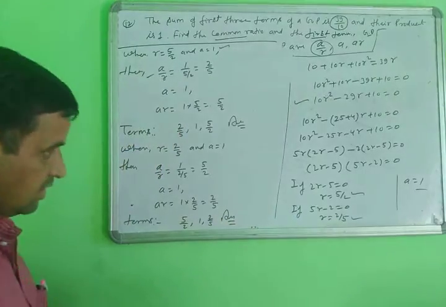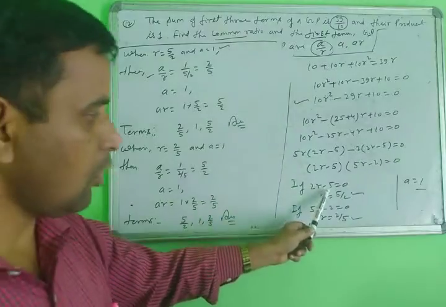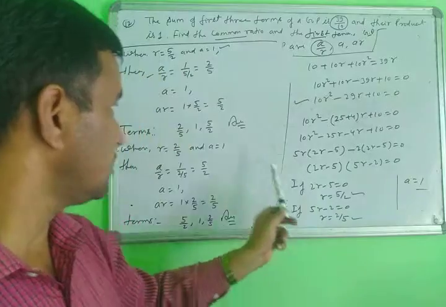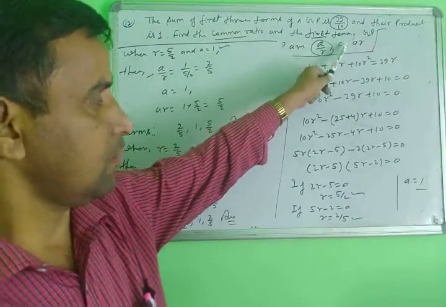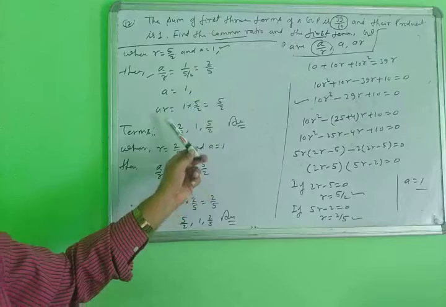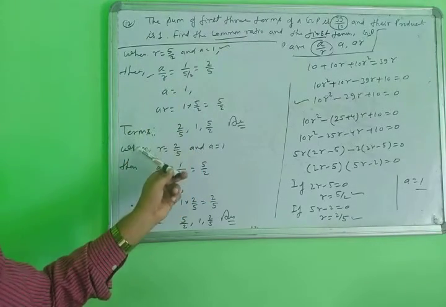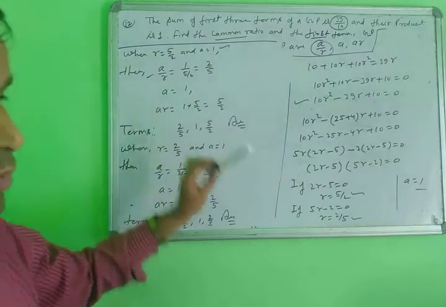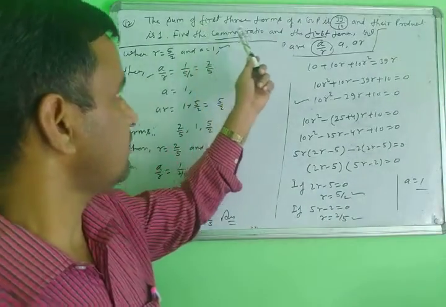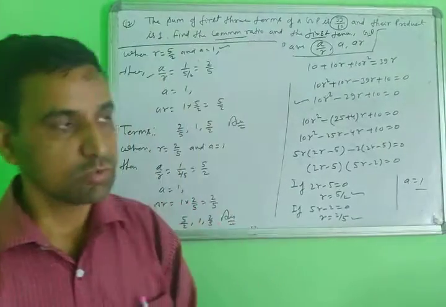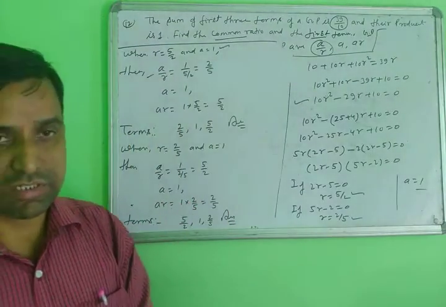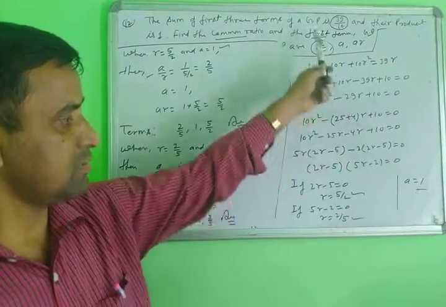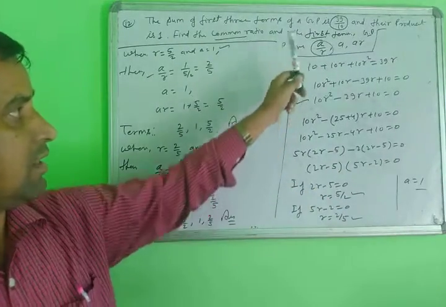The second answer. According to this way, whatever the value of R here or the value of A here, the first term, and this is the common ratio, by putting the values here, 1 by 1, you get the answer. This is the condition of the first and this is the condition of the second. According to this way you will solve the questions. So when you are given any question in this way, with the first term, the sum of the first three terms, and the product of these three terms is so and so, you will solve any question of this type very easily.